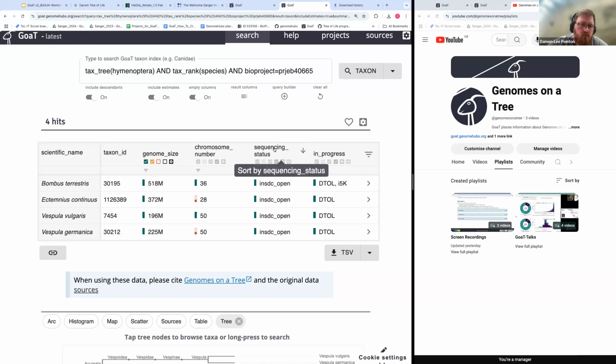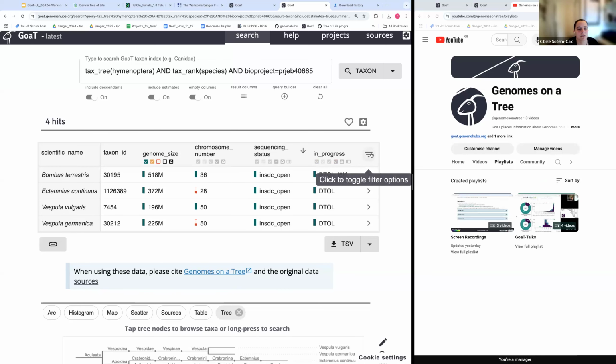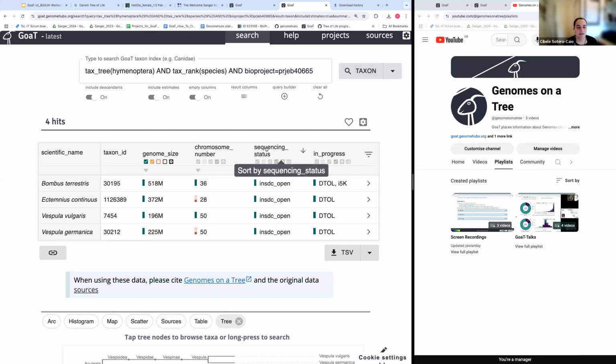Okay. But sequencing status, there is also the sequencing status specific to DTOL, which is another column. It would be sequencing status and then the project acronym. So you can get a column just for it. But I'll go over those in better detail tomorrow.